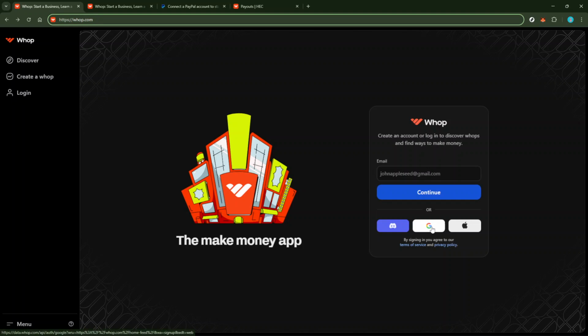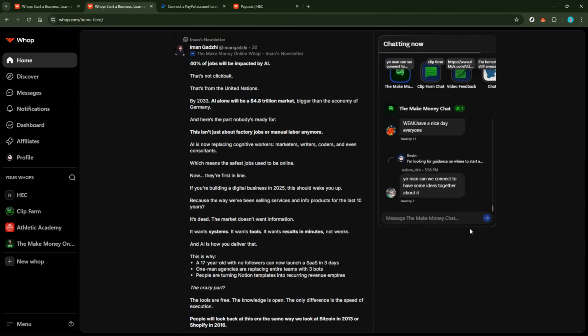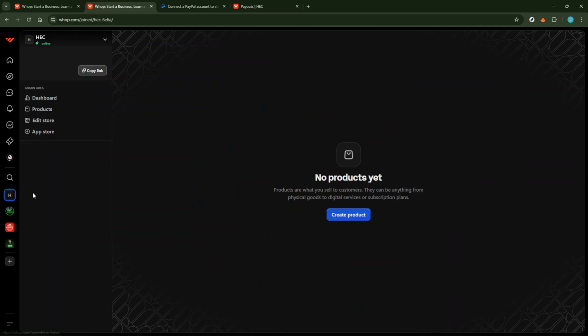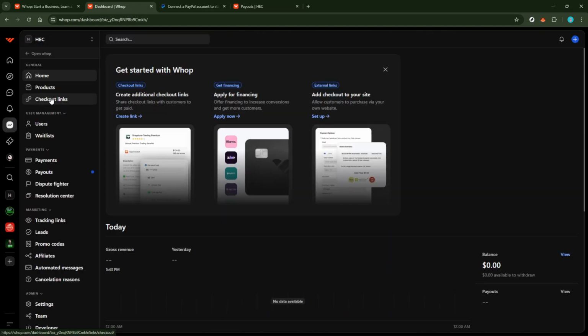Once you've successfully logged in, navigate to your dashboard. There you'll find an option labeled Payouts or sometimes Monetization, depending on your interface setup. The dashboard is your control center in Whop, and it's where you'll initiate most of the actions for managing your financials. So, look around and select Payouts or Monetization to get started on configuring how you want to receive your